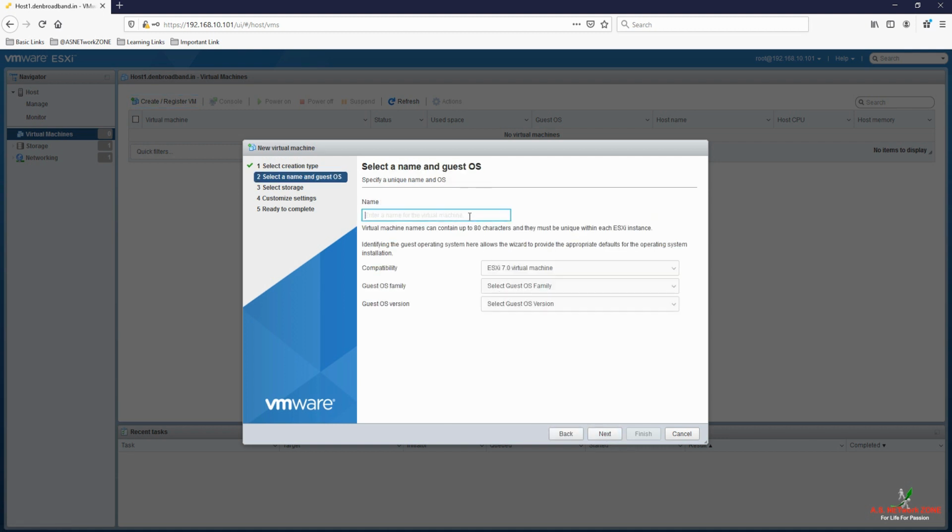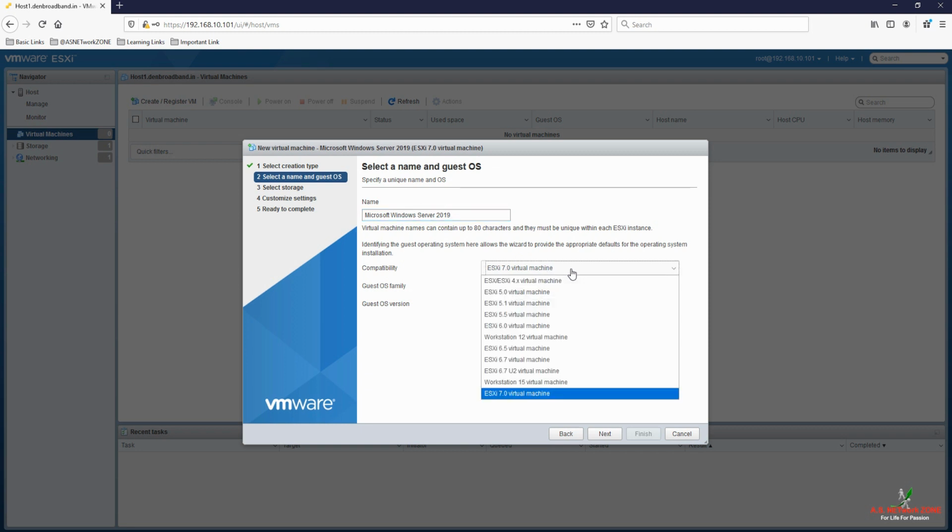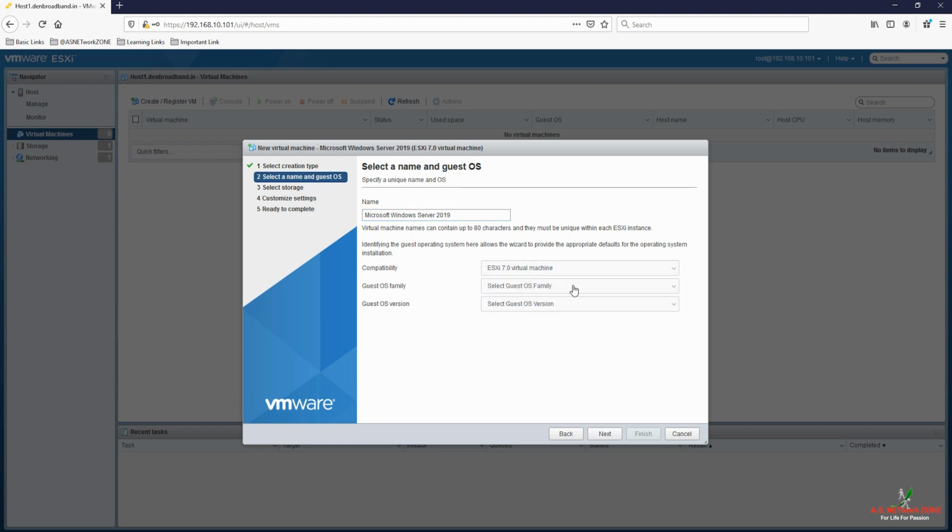and here assign your virtual machine name. Select your compatibility. Here I am doing nothing. Select your guest OS family, which would be Windows, and also select your guest OS version, which is Microsoft Windows Server 2019.